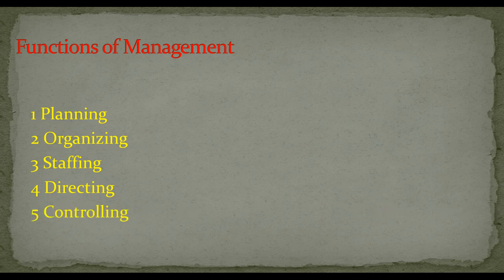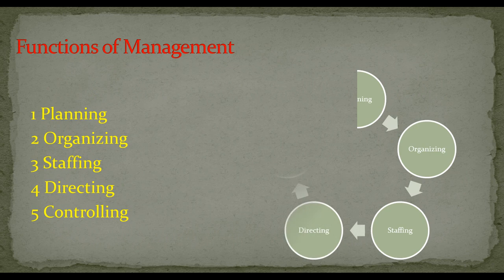Planning, organizing, staffing, directing, and controlling. These five functions, and we told you that these five functions are in a continuous process. They are set in a proper sequence. Means these five functions are completed in a proper sequence, and due to that continuous sequence, we identify one feature of management, that is, management is a continuous process, right? Let's concentrate on them one by one.